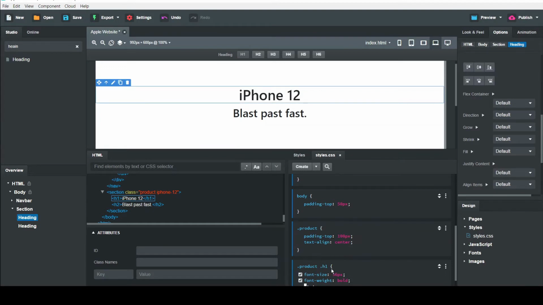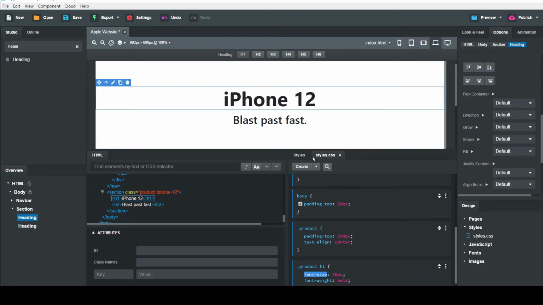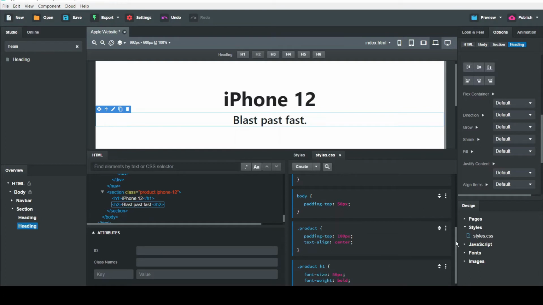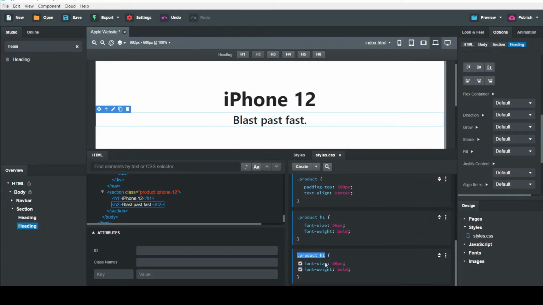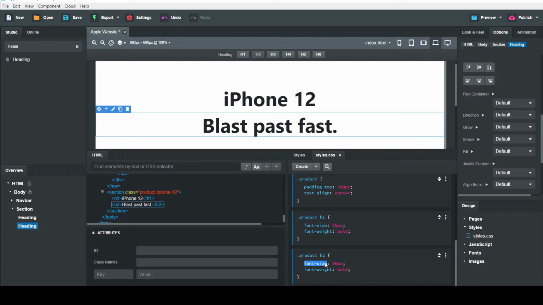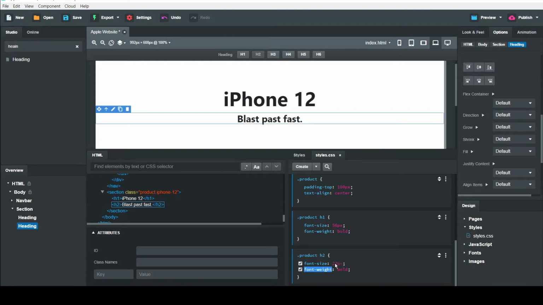We need for H2 tag also, so duplicate this CSS. Change it for the H2 tag. Just change the font size 27 pixel and font weight to 400. Now it's look good.